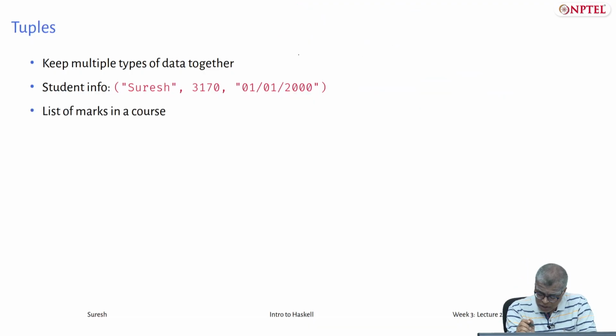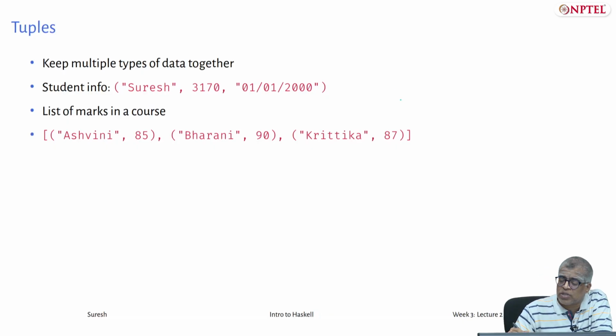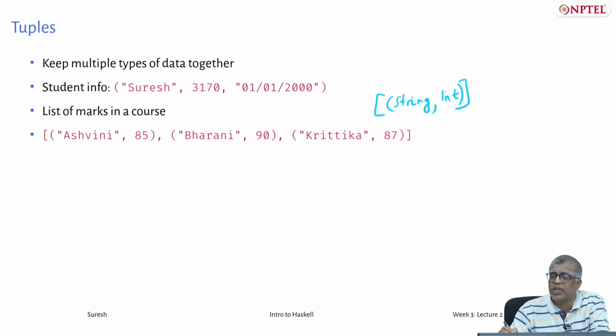Here is a list of marks in a course, and this is very nice because this is also something that you might think of as a map. This list itself is of type list of pairs, where each pair is of type string comma int. The string is the name and the int is the marks, let us say, right? And this is like a map. The string is the key, and you look at the key and the value is the marks. Okay, and you can write various functions on this.